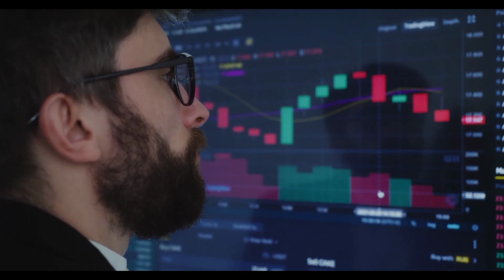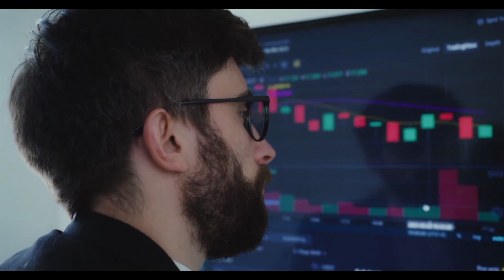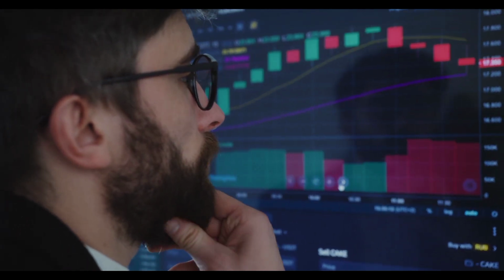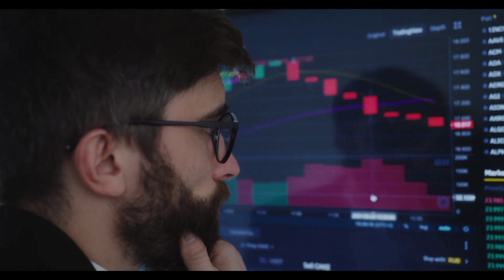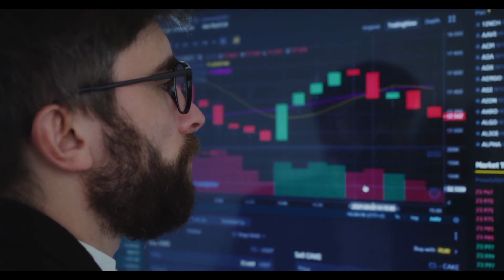Conclusion. Trading can be a lucrative way to earn money, but it requires discipline, knowledge, and risk management. Traders should carefully consider their investment goals and risk tolerance before entering the market, and should consult with a financial advisor if needed. With the right strategy and risk management techniques, trading can be a rewarding and profitable activity.